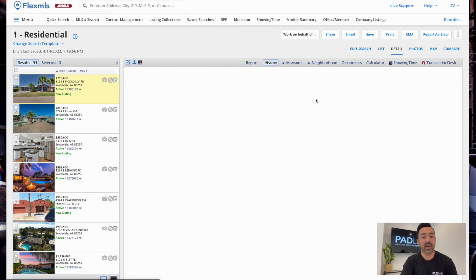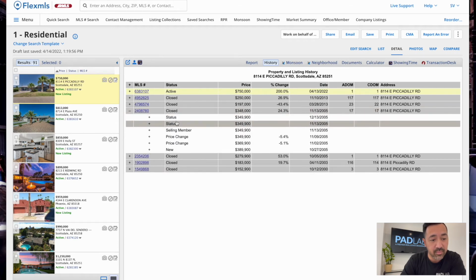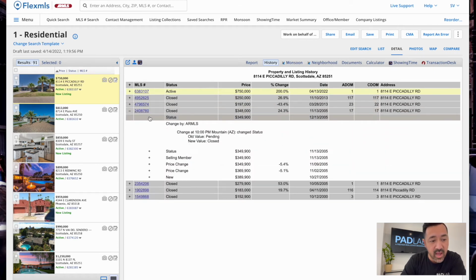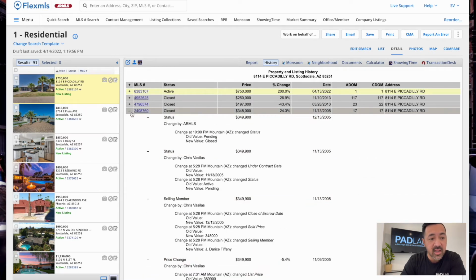So history right here, we'll move down the list. History kind of shows you a history of that particular home. So this one goes back really far. This was back in 2000, and then they closed at 152, and then it was sold 3 years later for 183, and then 2 years later for 279, and so forth. And you can click on these plus or minus signs and expand each item to see what exactly was changed, what was updated. The MLS does a great job of keeping track of every little detail and change that happens